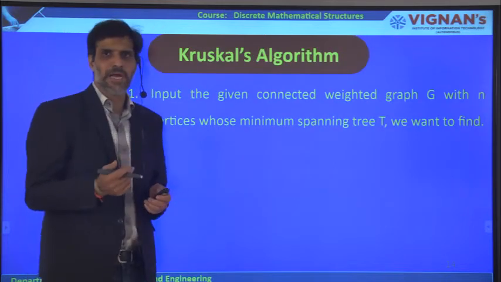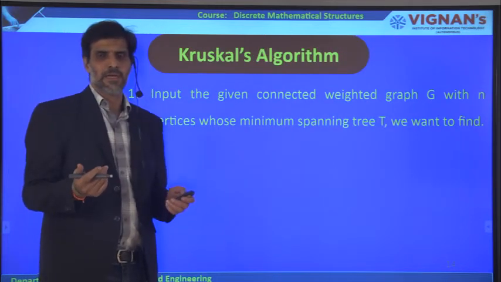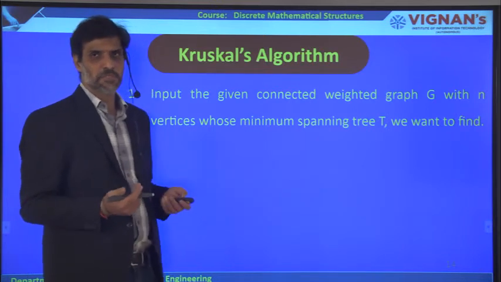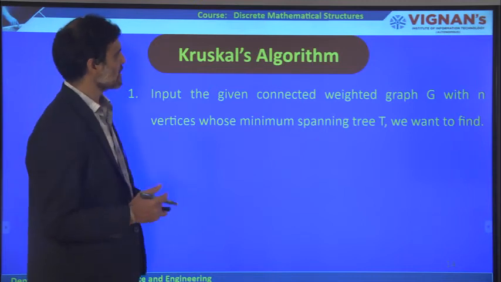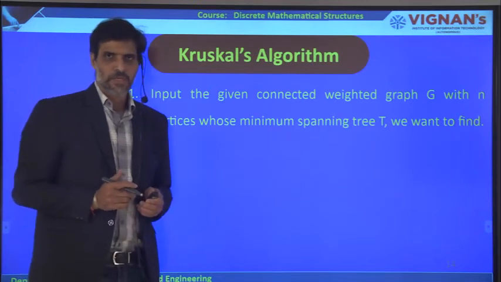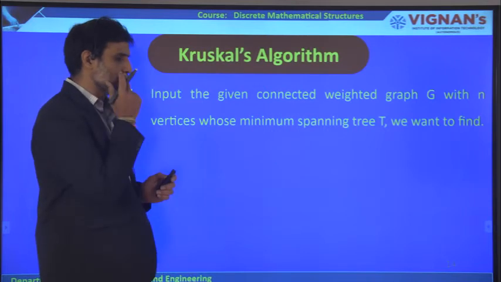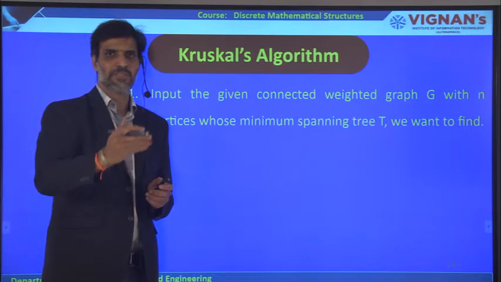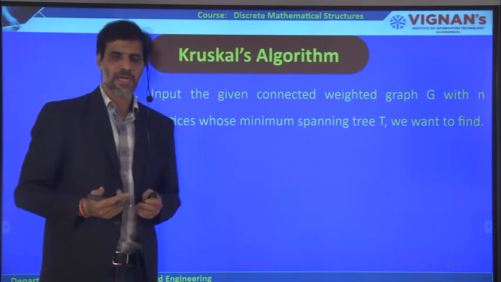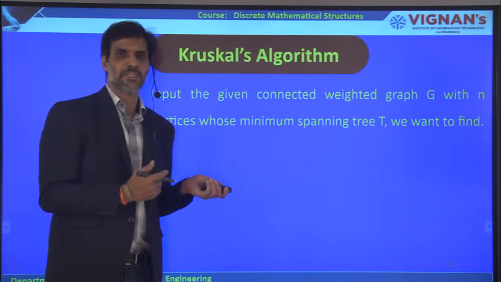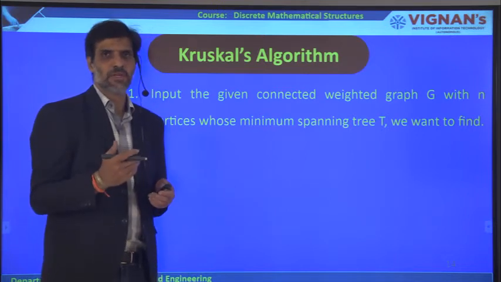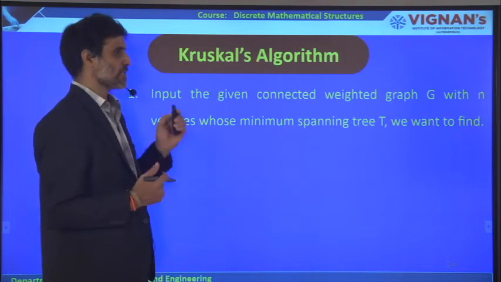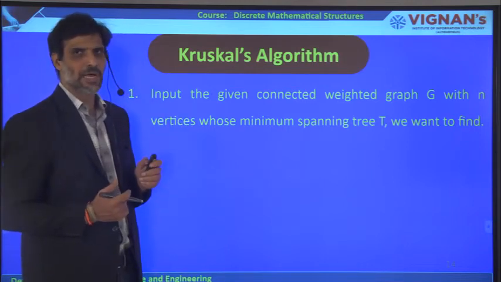So how do we determine the minimum spanning tree for a given graph? What are the different types of algorithms which exist here? The first algorithm is Kruskal's algorithm, which is based on the edges. We are going to traverse the graph based on the edges and then we obtain the minimum spanning tree. The other algorithm is Prim's algorithm, where based on the vertices we traverse and then we get the minimum spanning tree. So let us try to quickly understand these two algorithms.